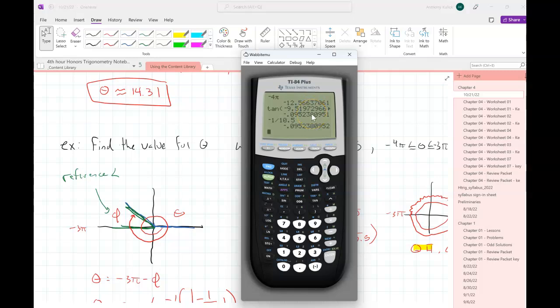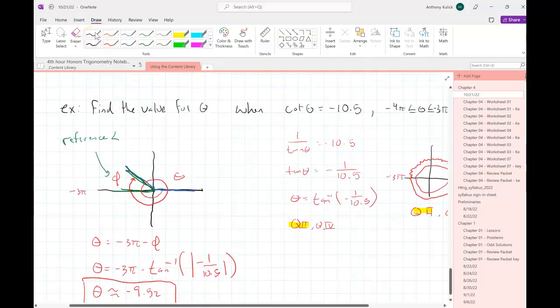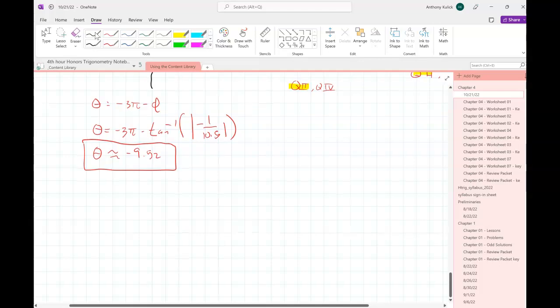That's why I chose to do 1 over tangent, because then I could just check it's negative 10.5 just from looking at it. I have to type something else in. But you could do it that way, that's fine. Well, I was going to do something more fun here. What if we do